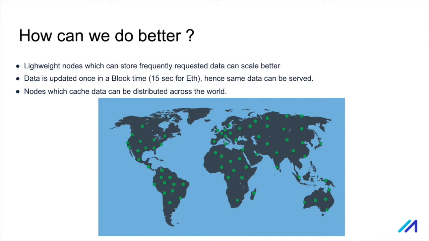These nodes can be widely distributed across the world due to their low resource constraints. These types of nodes which store responses to frequent queries and respond directly thereafter are called caches. Cache nodes that are significantly distributed across the world are called CDNs. CDNs today solve a similar problem in Web 2, and Marlin Cache is an attempt to solve these issues in the Web 3 world.